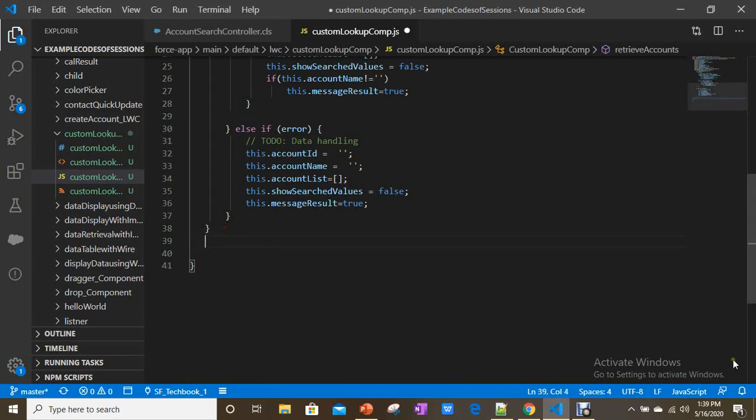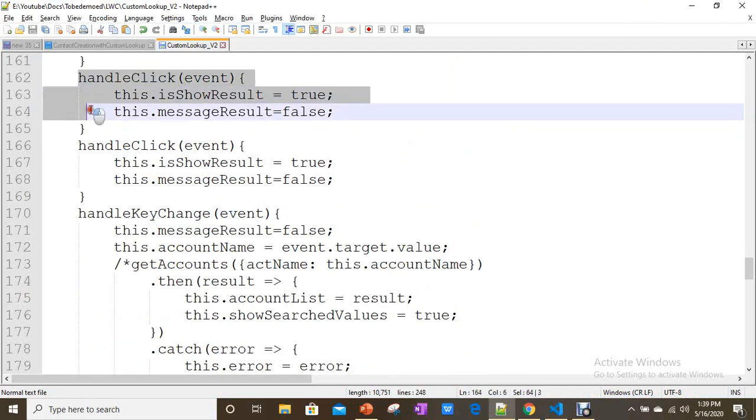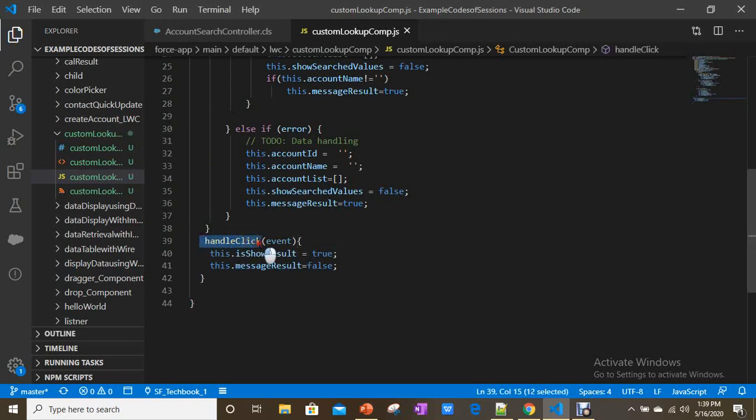Now what else? Handle click. So this is another method. Wherever we use the handle click method, it shows the result, and it hides the message result component.